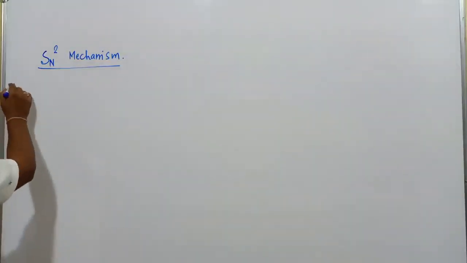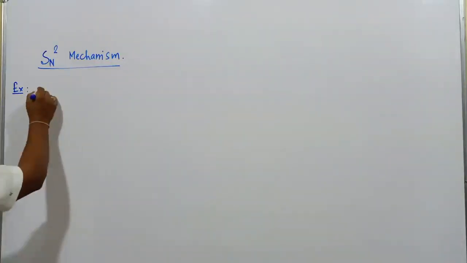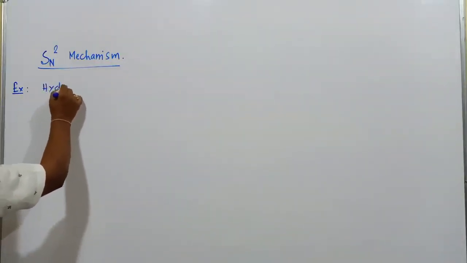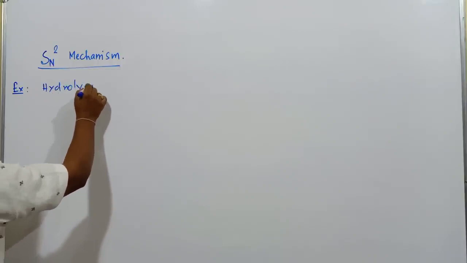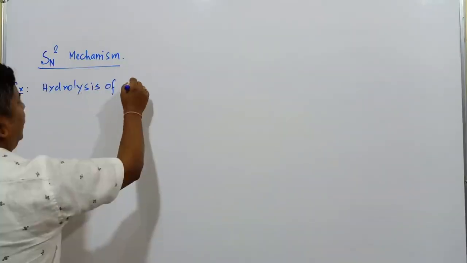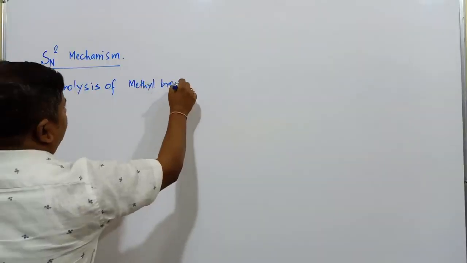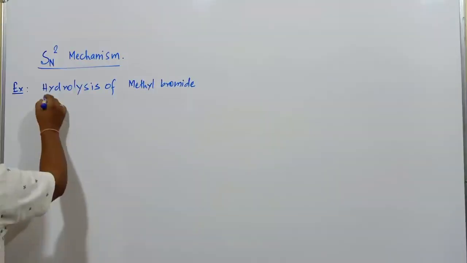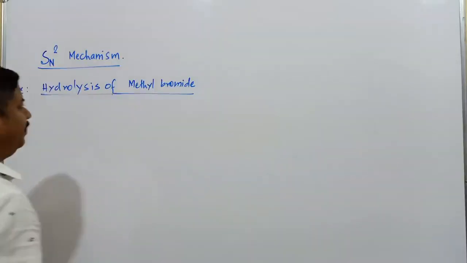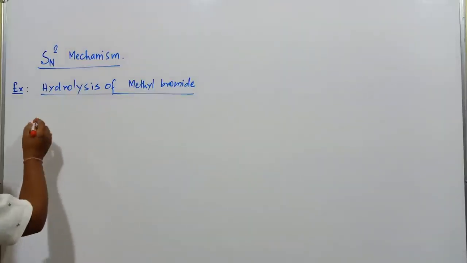To explain the SN2 mechanism, one example I will consider is the hydrolysis of methyl bromide. What is the IUPAC name of this one? Bromomethane. Hydrolysis of methyl bromide takes place. You can observe this is